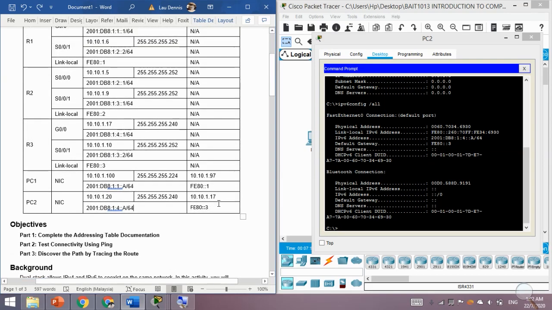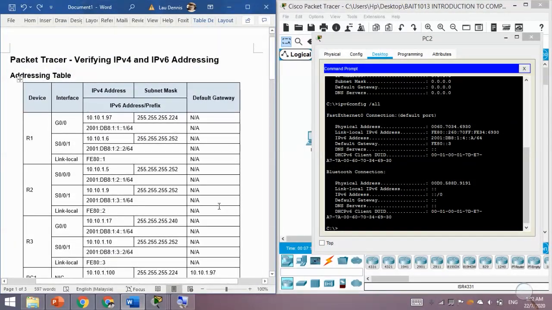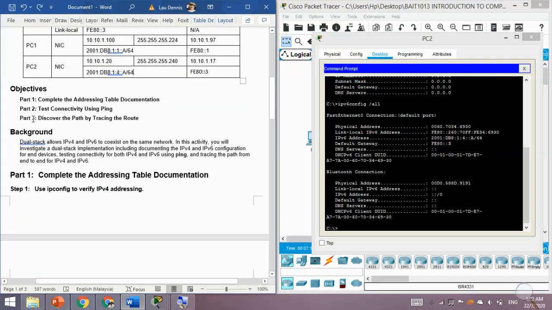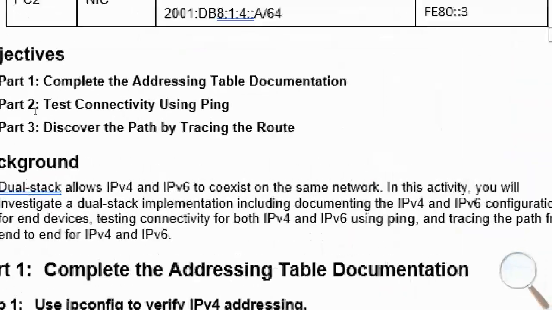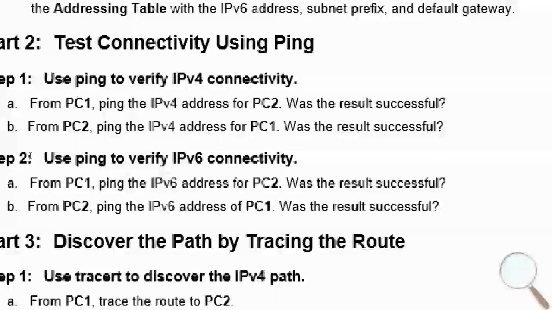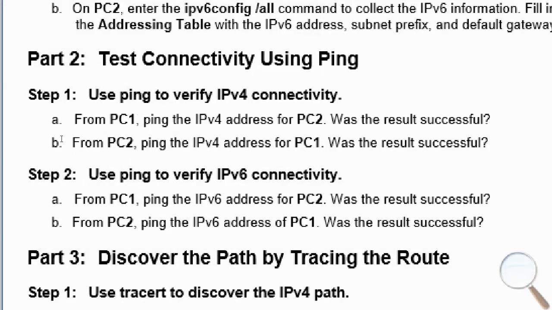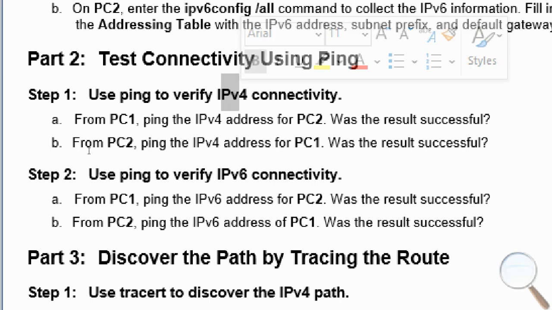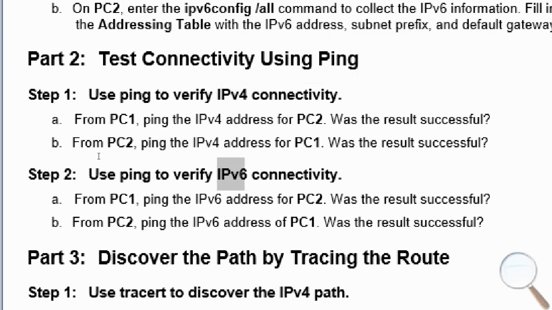Okay, now we have done our addressing table for part 1. So we're moving on to part 2. In part 2, we are going to test the connectivity using the ping command in our command prompt. We have step 1 and also step 2. In step 1, we are going to use the IPv4 address, and step 2 uses the IPv6 address with